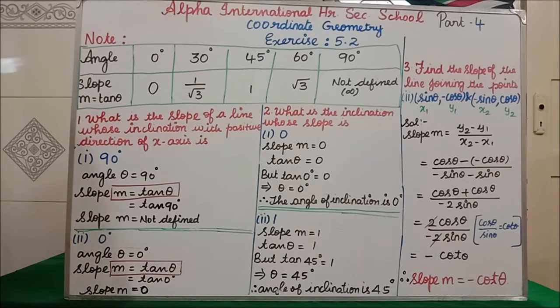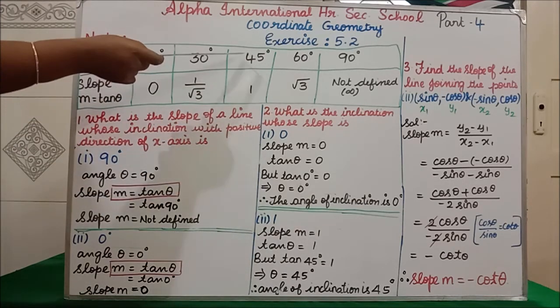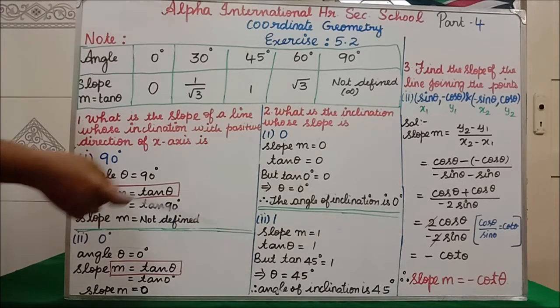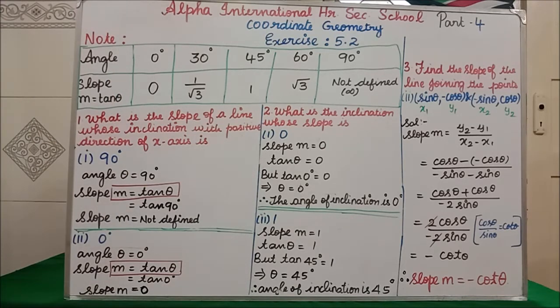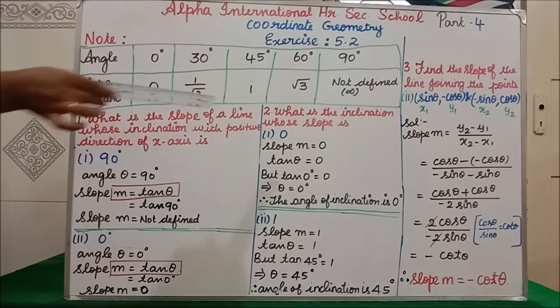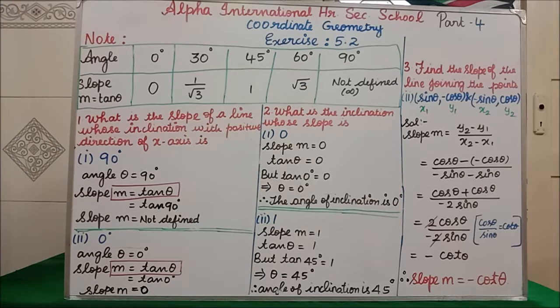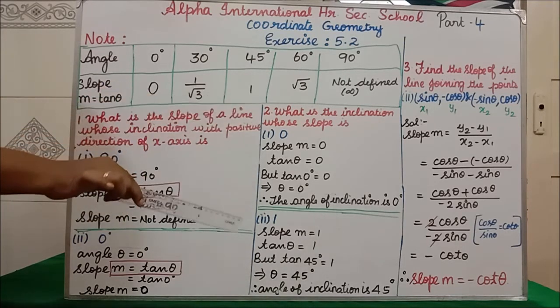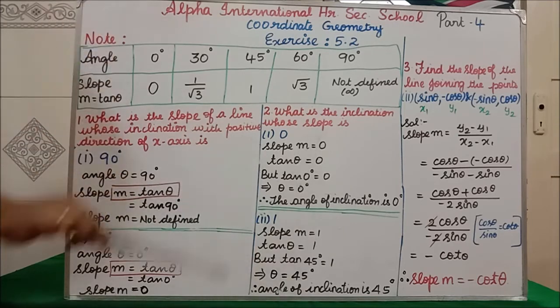Now see the diagonal column, immediately tell what is the answer for the second question, second subdivision. Slope m is equal to 1, so what degree are you getting? 45 degree. So immediately you can write 45 degree. Students, for the first and second question, most of the time they will ask only 1 mark, rarely 2 marks. Clear? So slope m is equal to 1, tan theta is equal to 1.